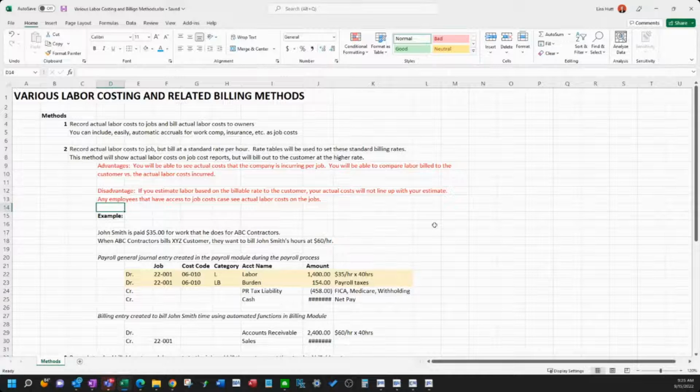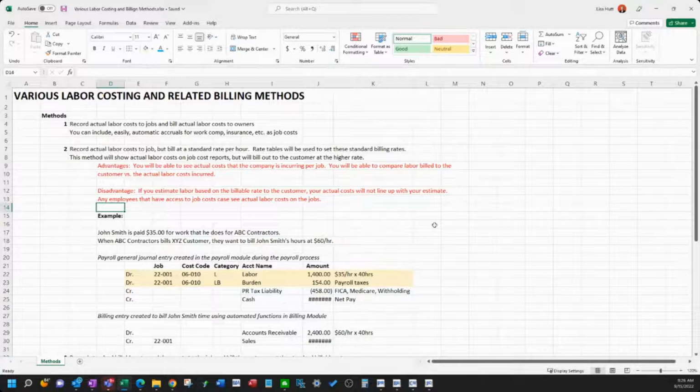You can also do, if I just want to add 15% on top of my gross labor, my gross payroll. A lot of companies contract their agreements with owners that way. So I just want to go into fringes and add an automatic 15% fringe accrual. That can also still be done. So I just want to let you know, method 1 isn't just labor and payroll taxes. You can do some automatic things and tables with that as well, and calculations. Okay.